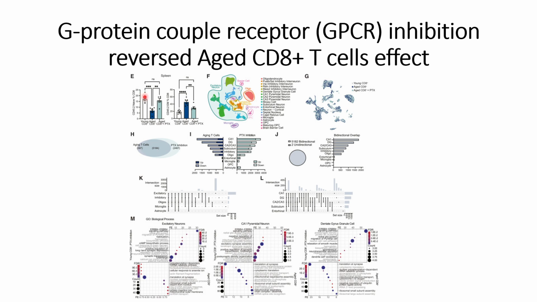And similarly, when they checked the effector memory CD8 plus T cell population, it is increased in the aged CD8 plus T cells treated mice, but it is rescued in the condition where aged CD8 plus T cells are treated with this PTX, and it is comparable to the young CD8 plus T cells. So this shows that the G protein coupled receptors help in reversing the impact of the aged CD8 plus T